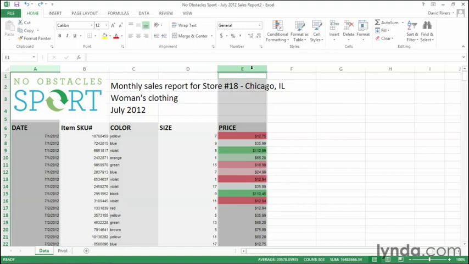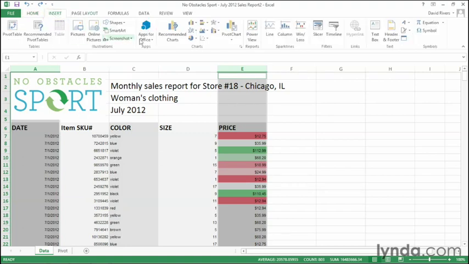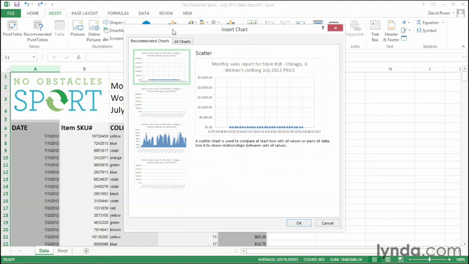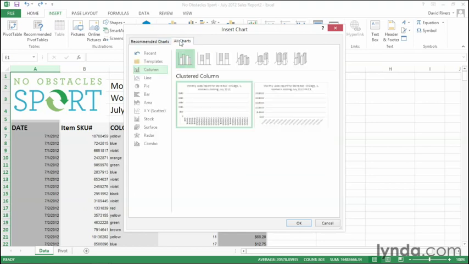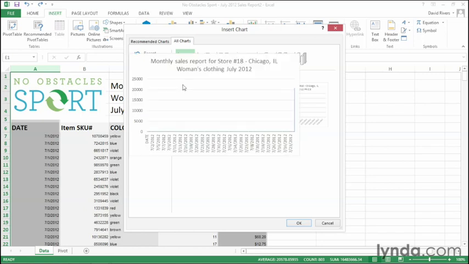Well, Microsoft already has an idea what types of charts would best suit the data we have selected. So let's go to Insert, and over here in the Chart section, you'll notice something new, Recommended Charts. Give that a click, and you'll see a dialog box with 2 tabs, Recommended Charts, which are displayed down the left here, and All Charts. So if you don't like any of the recommendations, no problem. Just go to All Charts and select the chart that you like best, just like you always did in previous